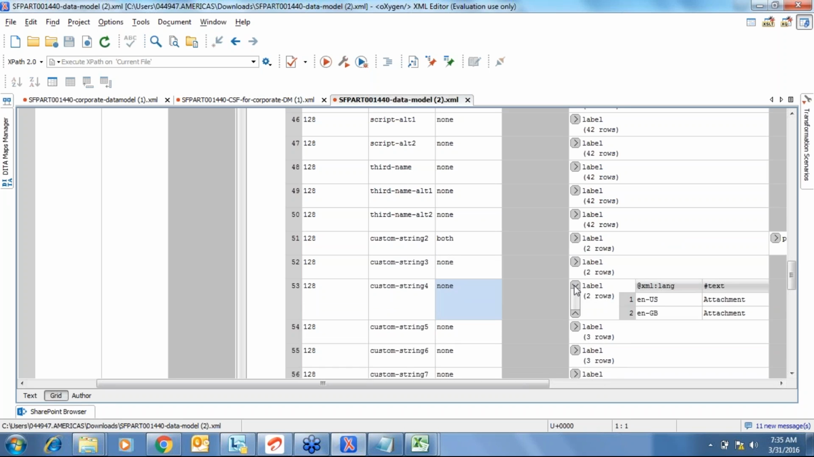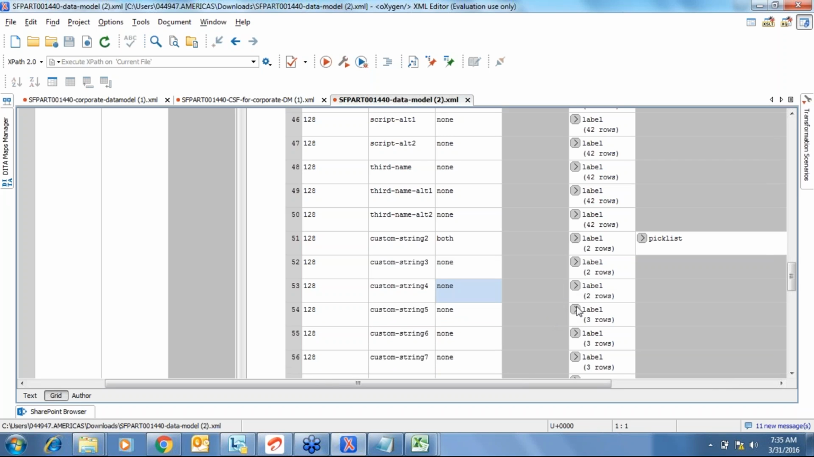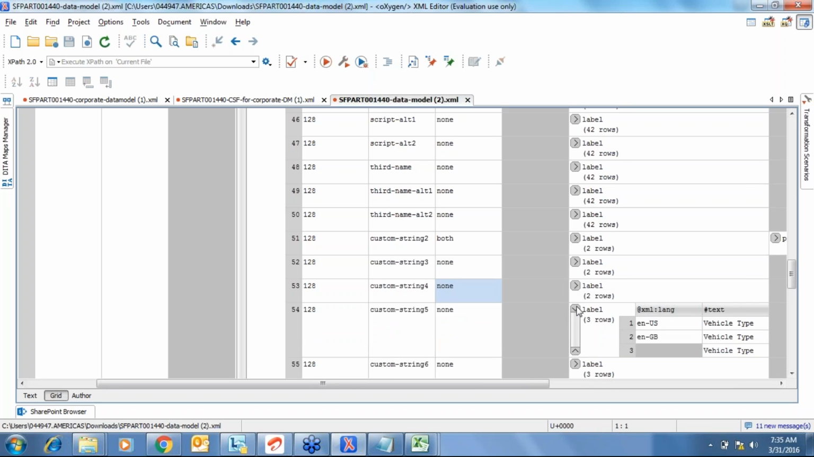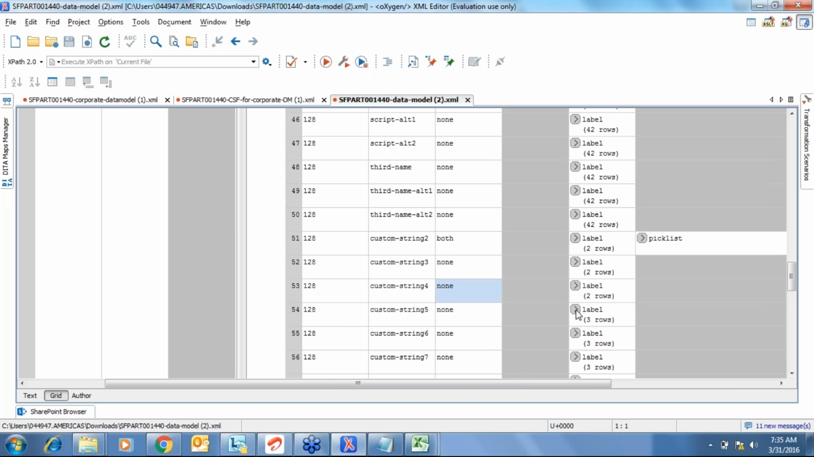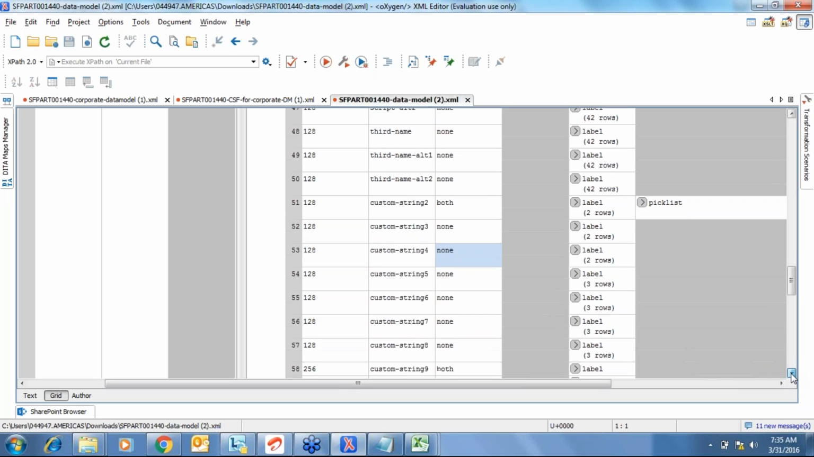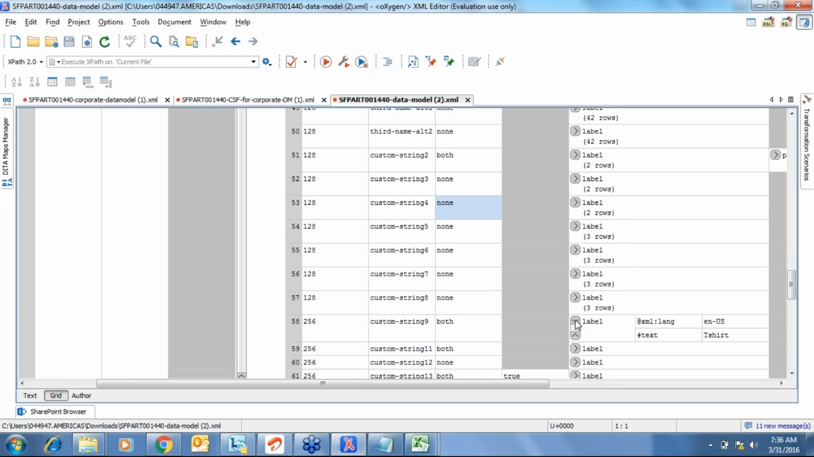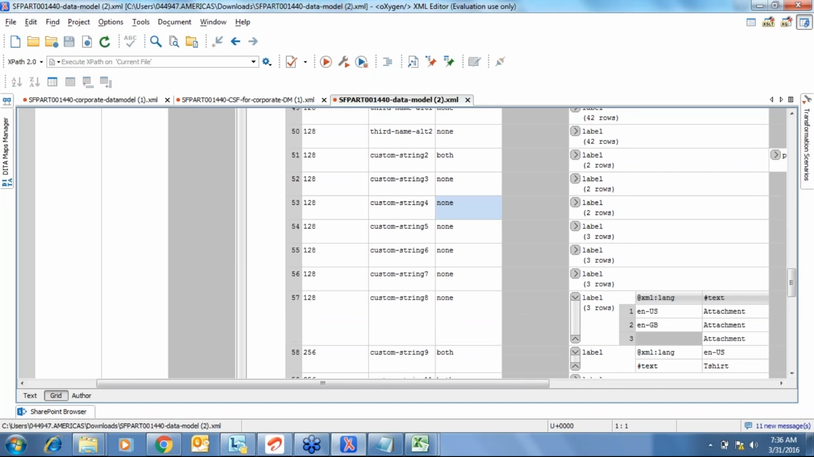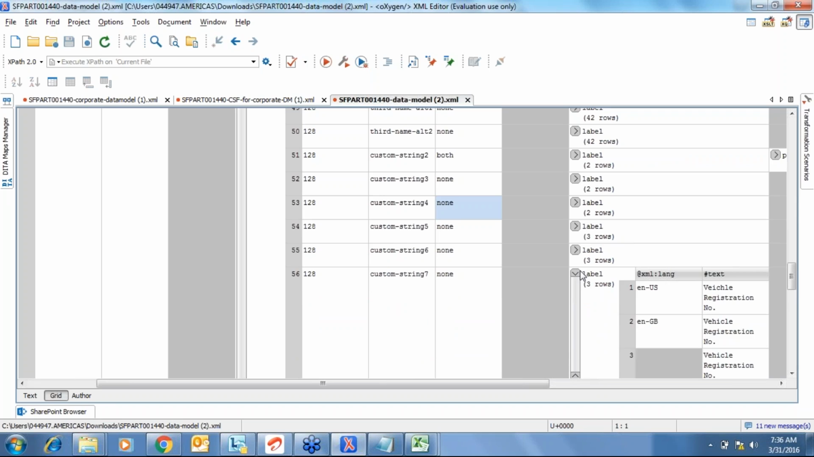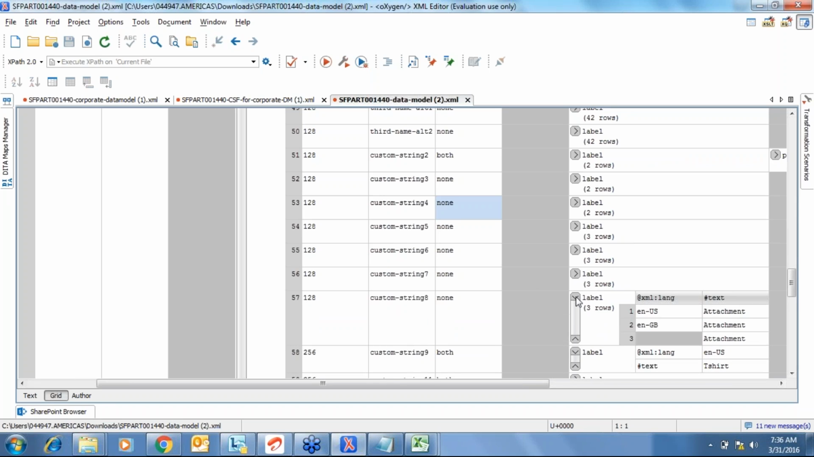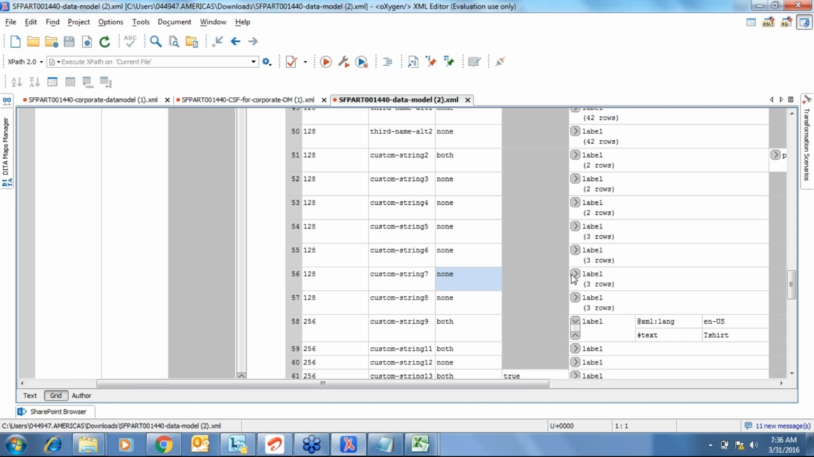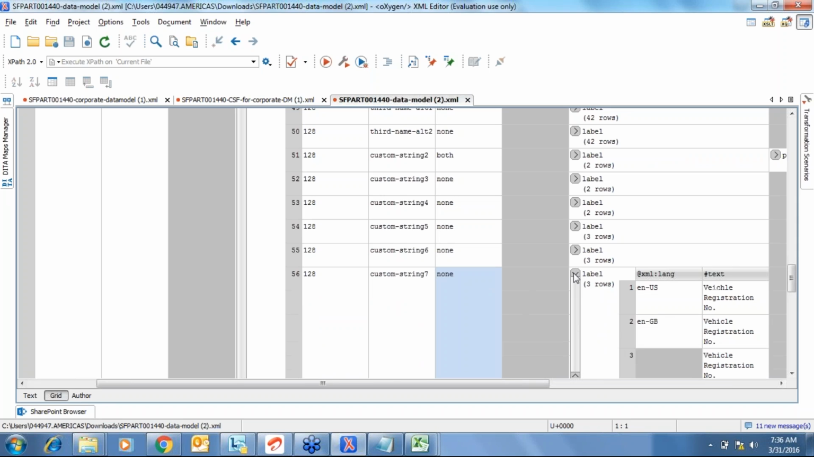Okay, there's some field. Now we have used most of these fields. T-shirt, you have various fields, right? You have attachment. You have something called vehicle registration number. Okay, let us see vehicle registration number. I want to make this field